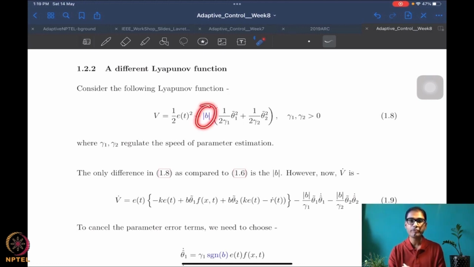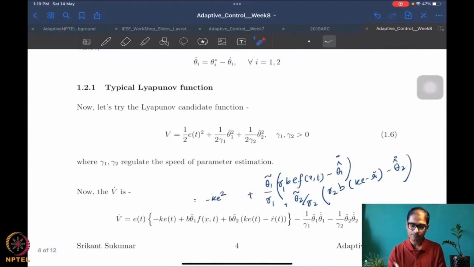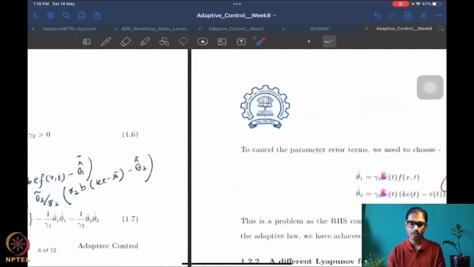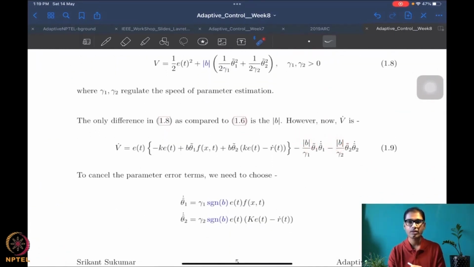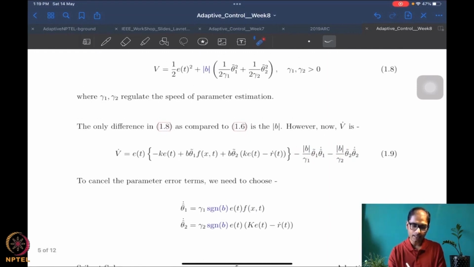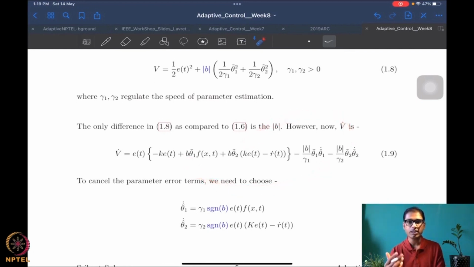because of this absolute value of b, which is again a constant. Remember, this is a constant. All parameters are assumed constant. There's no derivative with respect to it. But the second and third terms, which were simply these guys in equation 1.7, now have an absolute value of b here. So when I again combine this term and this term, my update law does contain something about b,